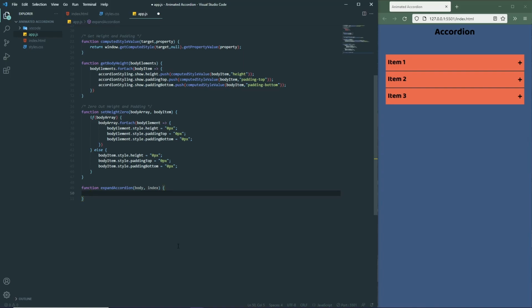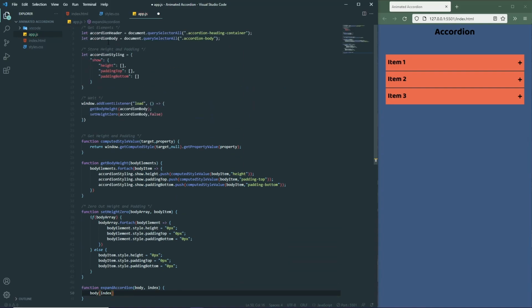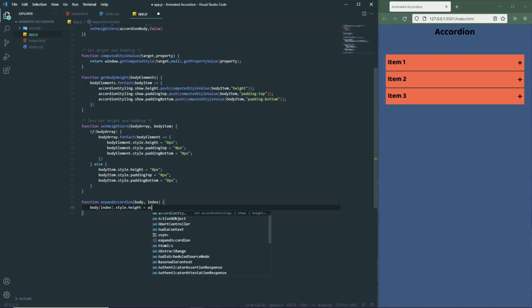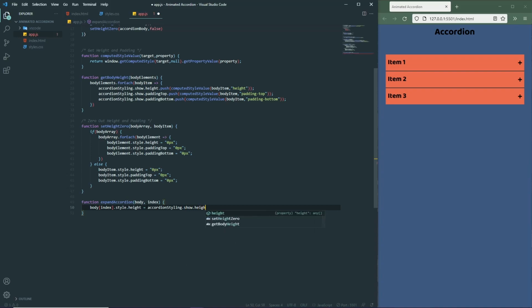So in here, first of all, let's see if everything works. So for now, let's just add a body. I'm gonna be using index. So body index. The body will be this array, accordion body. Body index style height equals accordion styling show height,